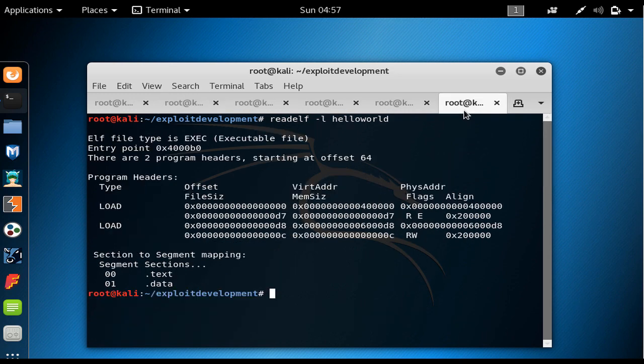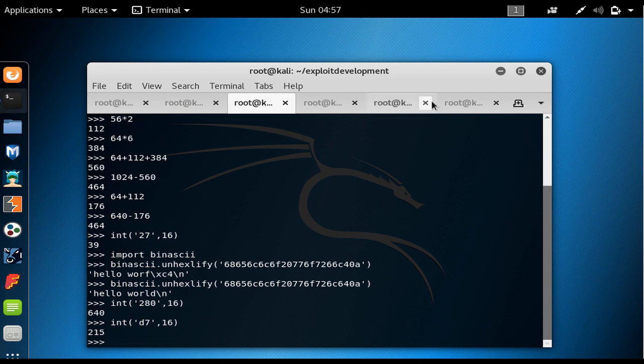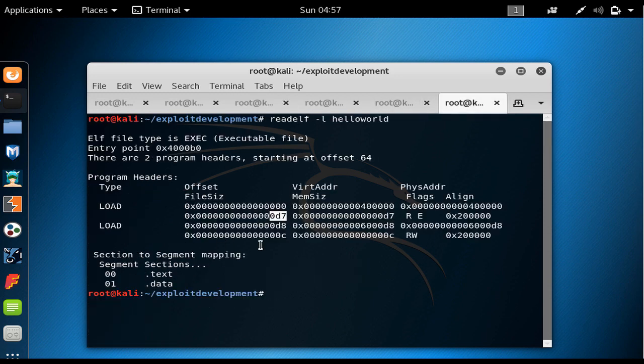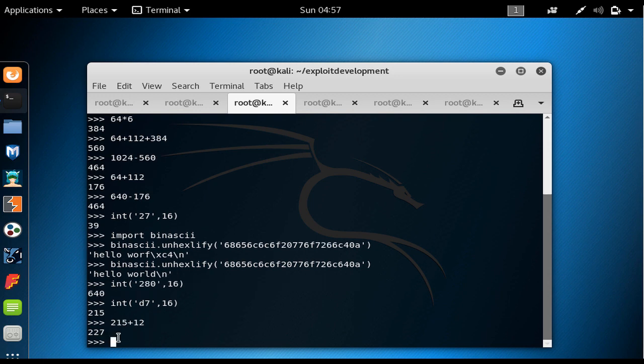If you look in here in the segments, we have two segments. The size of the first segment is D7, which if we go in the Python interpreter and hit enter, is 215. And the size of the second load segment is C, which is just 12 bytes. So 215 plus 12, we would have 227 bytes. But we have more than 400, I think 464, as you see in here, bytes in the data,